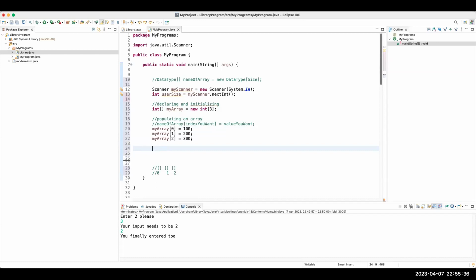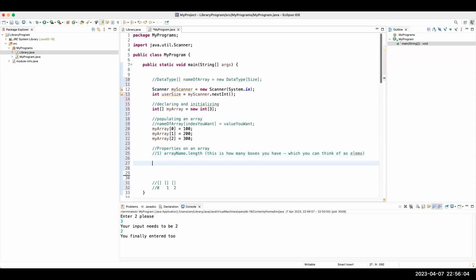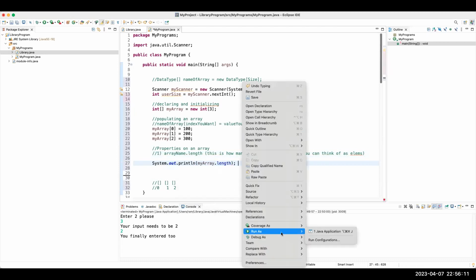However, I will say that there are properties on an array. Properties go as follows, where you have one property, which is the array name dot length. This is how many boxes you have, which you can also think of as elements. Okay, so if I do system.out.println and I say myArray.length, you'll see that I actually,